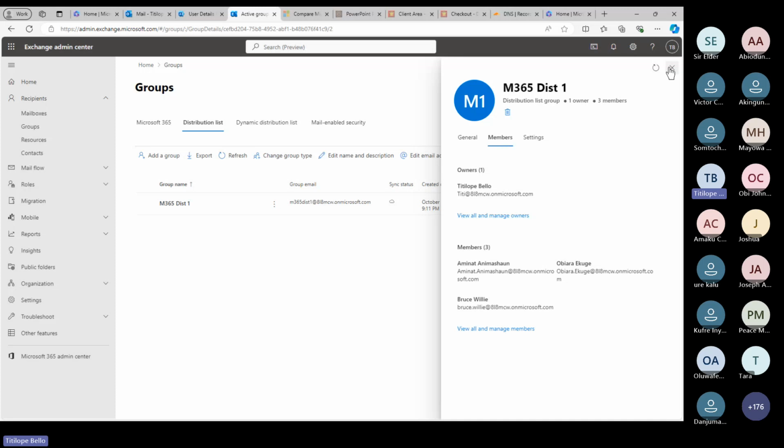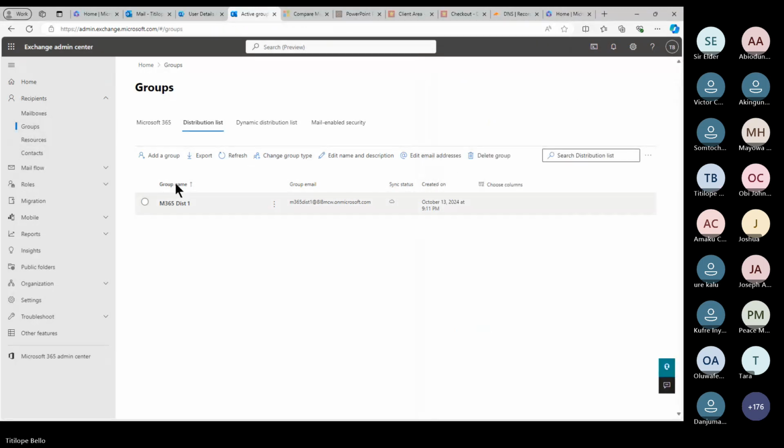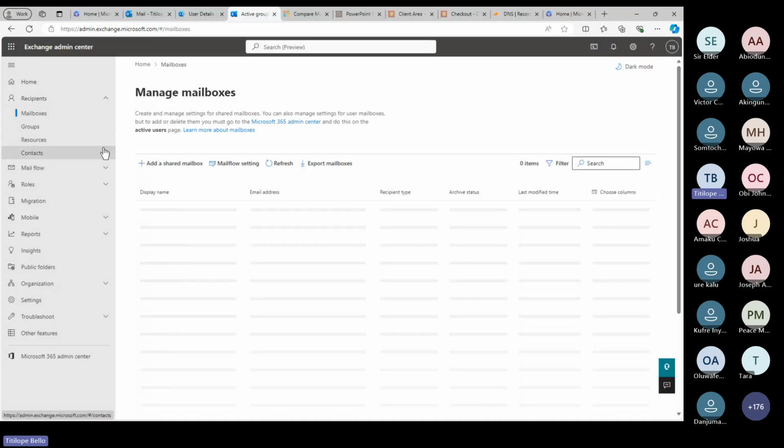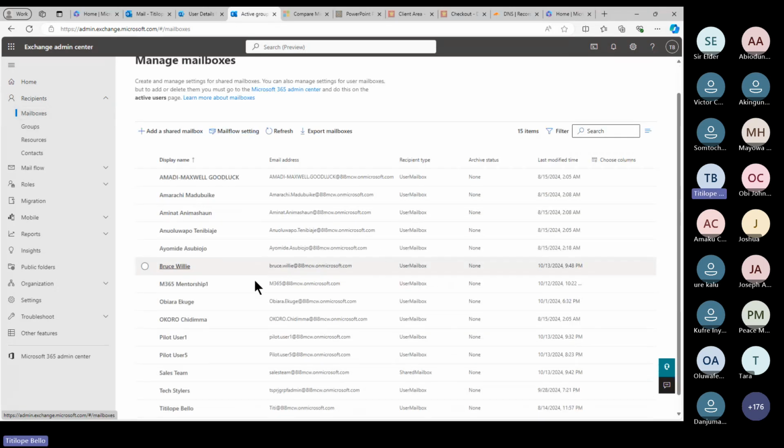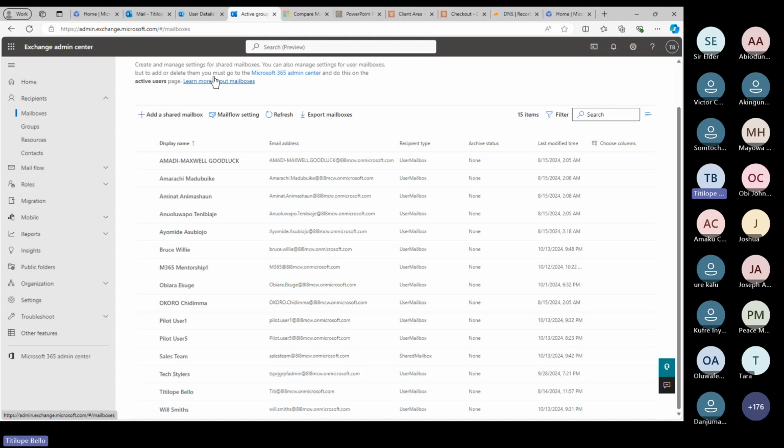So let me quickly go back to the shared mailbox, or let's go to the standard mailbox. The standard mailbox, users that have, let me send on behalf of,